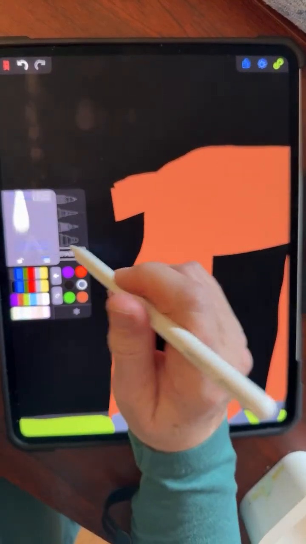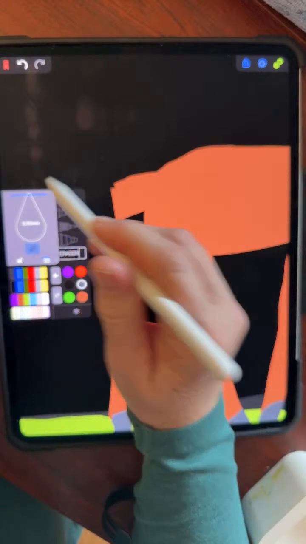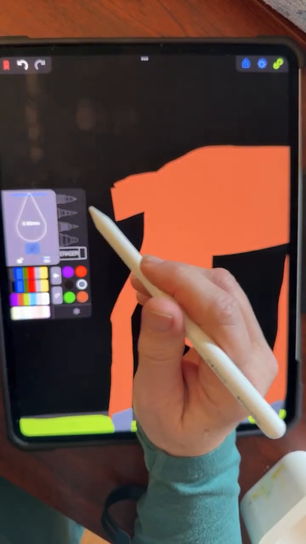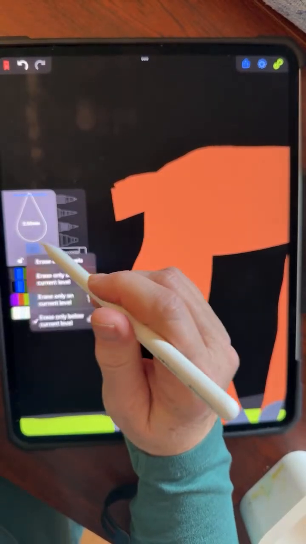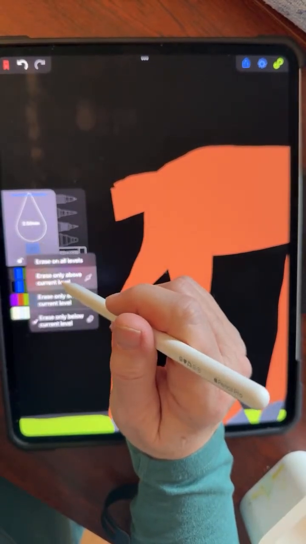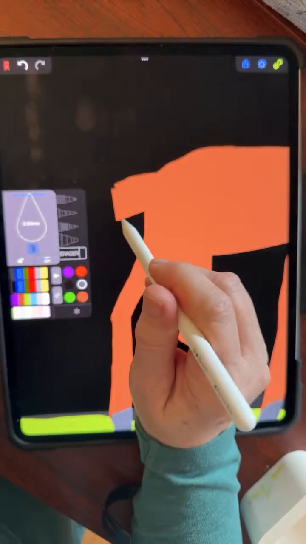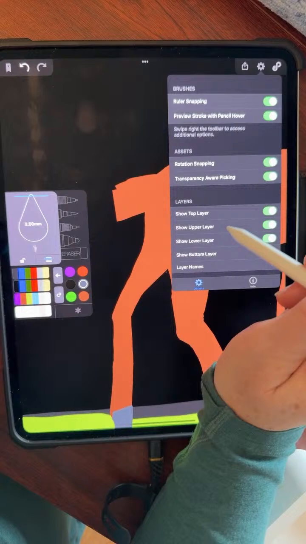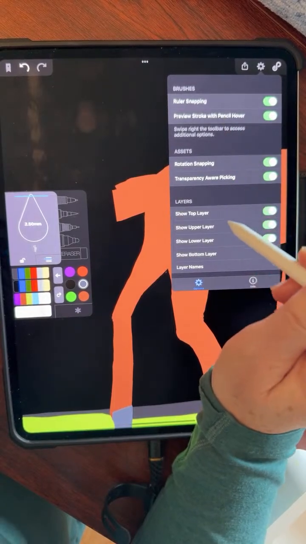Okay, so I'm going to go and use that very fine eraser. I'm going to go to the upper. I'm going to tell it to erase right on the current level. Okay, again, it's not working. So